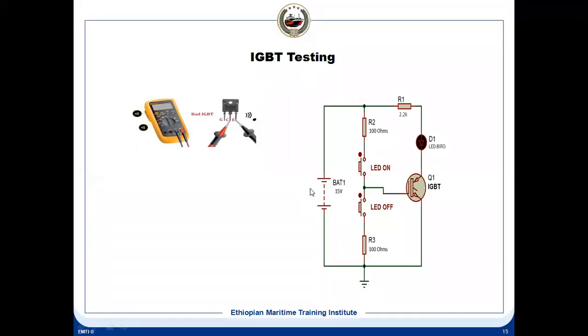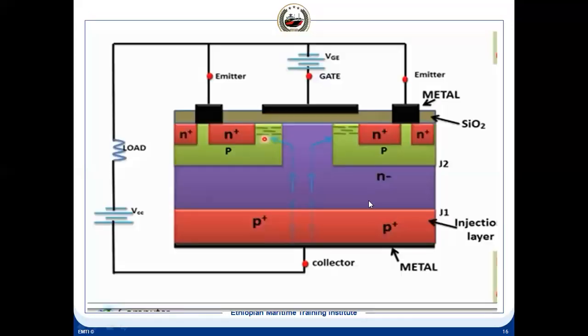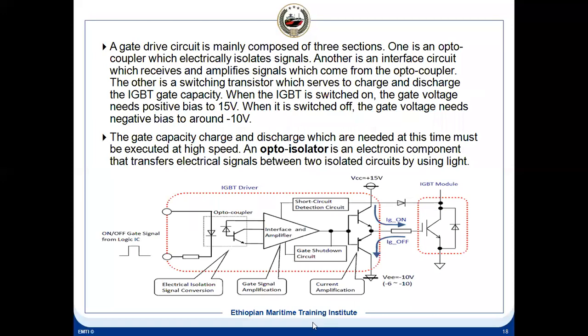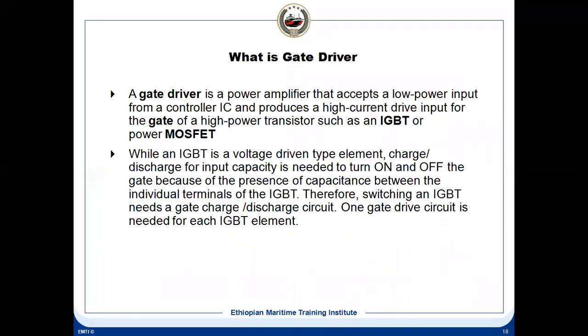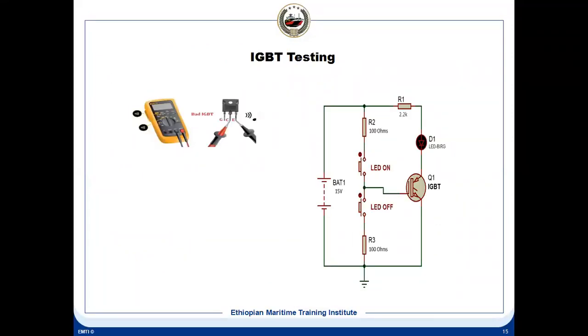This is only a testing circuit for an IGBT. But in the case of a VFD, it has a gate driver circuit, a separate circuit itself. It has a processor, a computer, everything. It sends the signals to turn the gate on and off depending upon the requirement. It is not always like this, which you have seen in this circuit. This is only for testing purposes, from a single source. But when you put this in the VFD, the gate driver circuit is a processor-based system which gives the signals to turn the gate on and off.